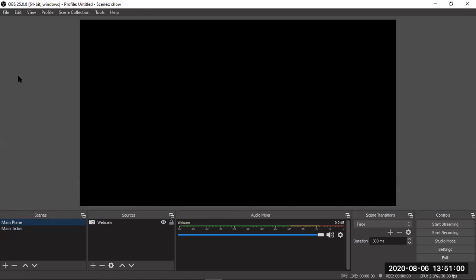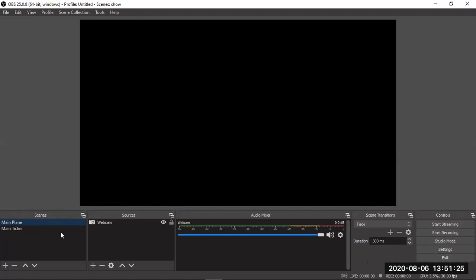By default, if you look at this part of OBS, you have something called scenes in the left corner, and sources next to it. The third one is the audio mixer. The fourth one is scene transitions. The fifth one is controls.